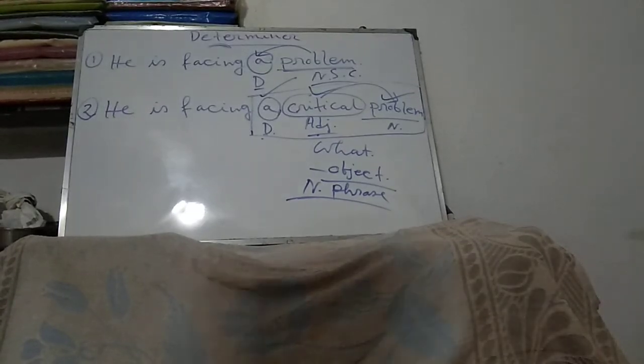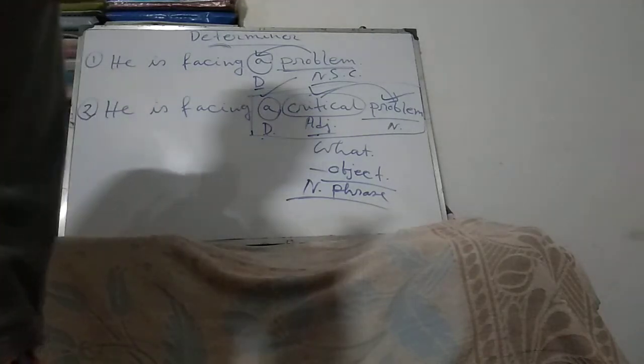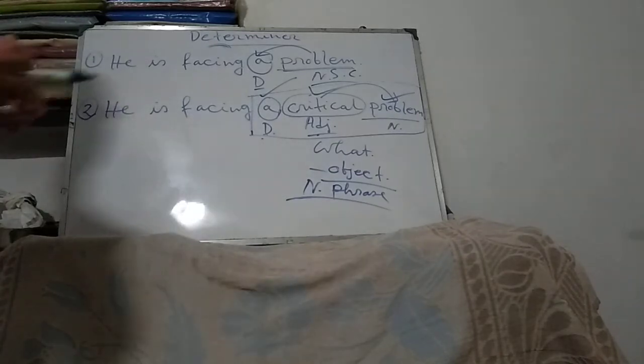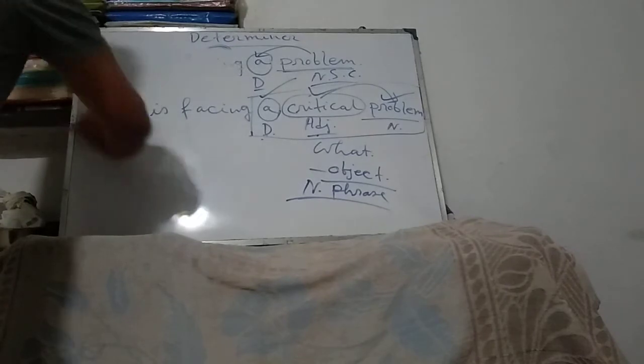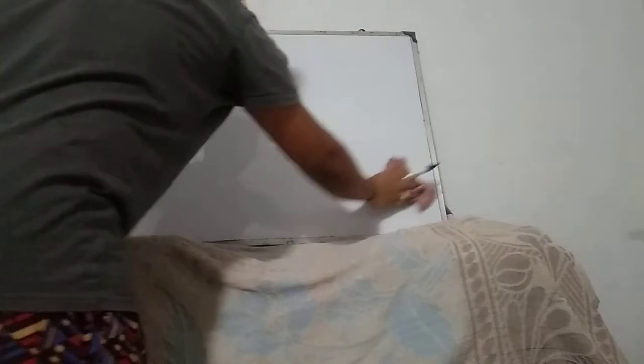Dear students, I have already told that determiners can be used before singular and plural, both countable nouns, and also determiners can be used before uncountable nouns. That means I am writing here determiners